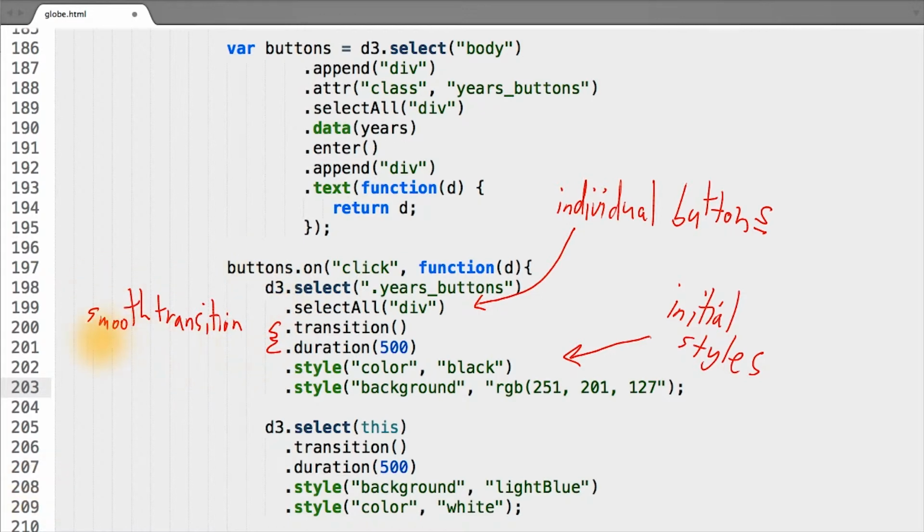We make a smooth transition using D3's animation functions, and then set the initial stylings on the buttons that they have before they're clicked. And since we're adding this code before we update the button that is actually clicked, we don't have to worry about having the clicked button not be updated. So first, we change all the buttons back, including the button that was clicked, back to their initial styles. And then once everything's reset, we can go back and find the button that was clicked and only update that